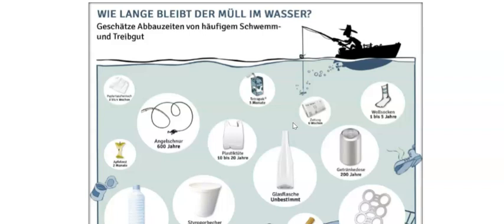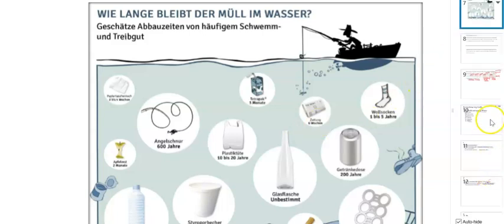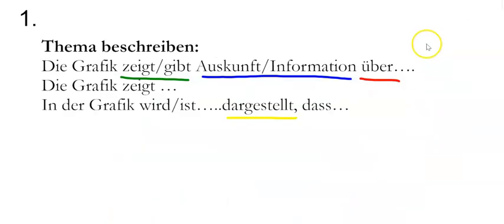So I'm going to help you go through 5 sentences minimum, at least, to talk about a graph, and some sentence starters to help you. So the first is like a topic sentence. You want to describe the topic or theme. So Thema beschreiben. Ways you can do that, you could pick these 2 verbs. So like from es gibt, yeah, there is, gives,